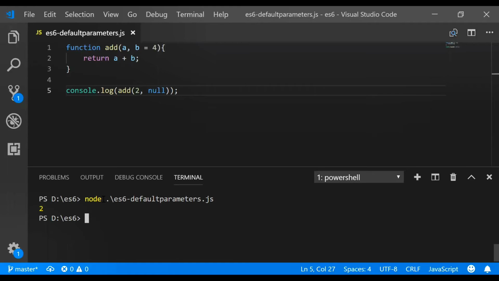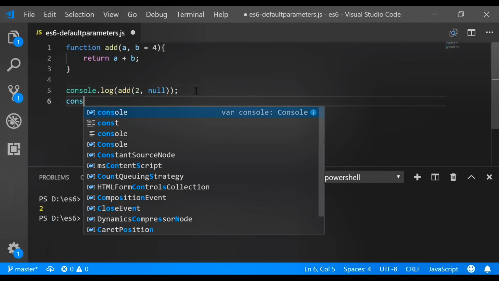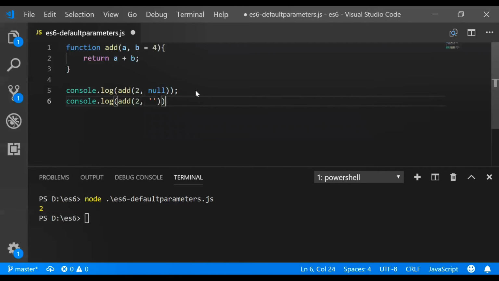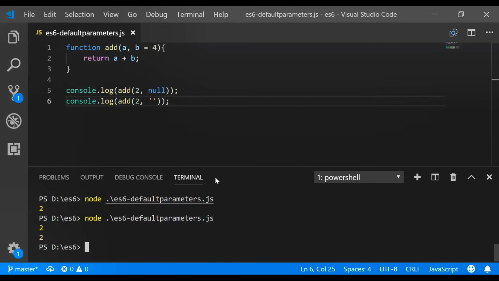Similarly, we'll see the next example. Here we will be passing an explicit value of a as 2, and for b's value we are passing an empty string. An empty string is also not undefined. Let's see what result comes.